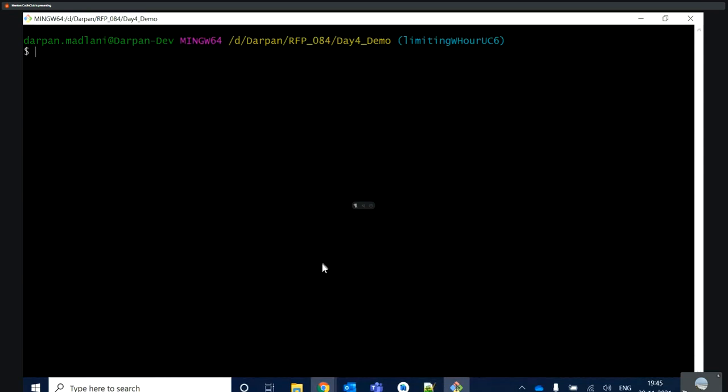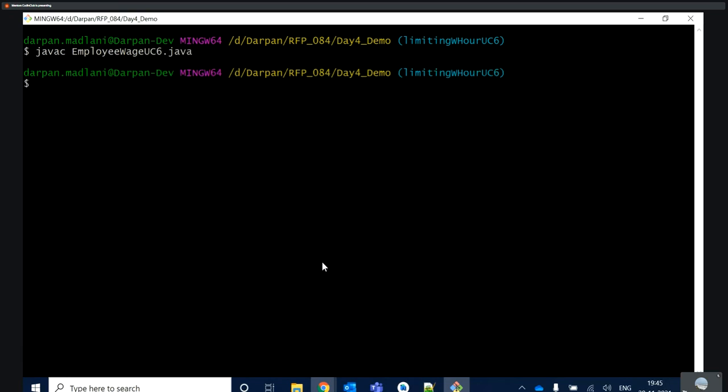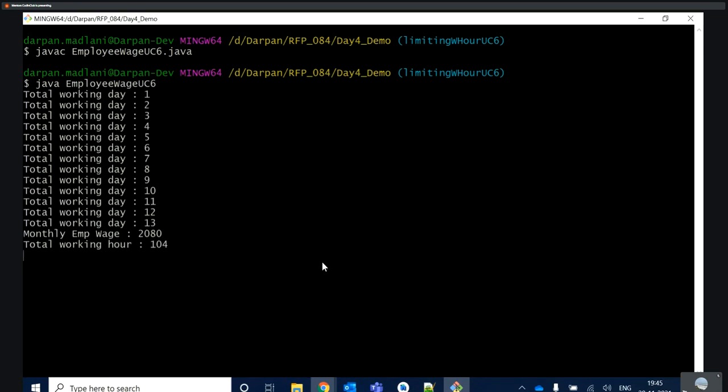Let's check that. Javac employee wage use case 6 dot java, and Java employee wage use case 6. At that time, this is happening.